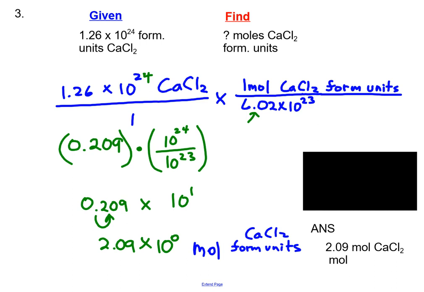And so we've got 2.09 times 10 to the 0, which is the same as 2.09. I'm putting it as 10 to the 0 to keep you in scientific notation,